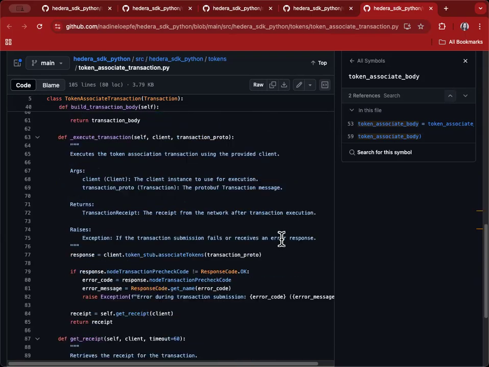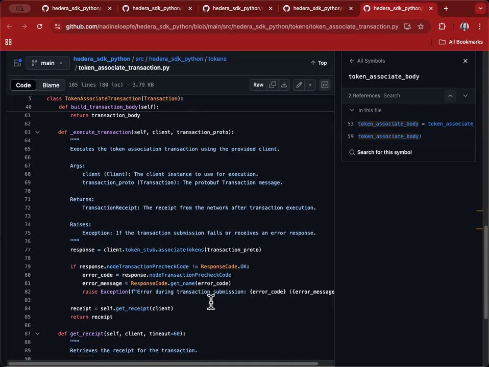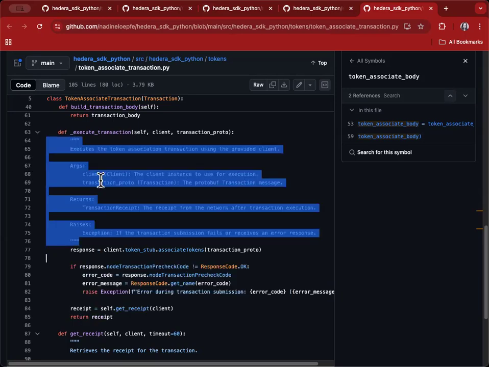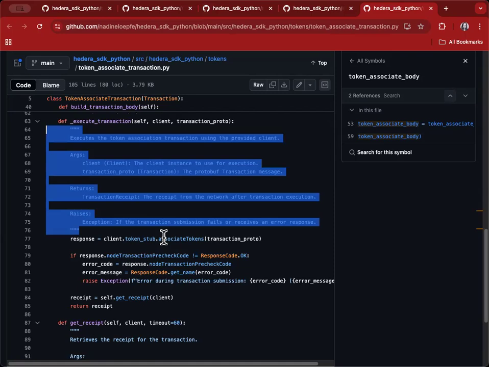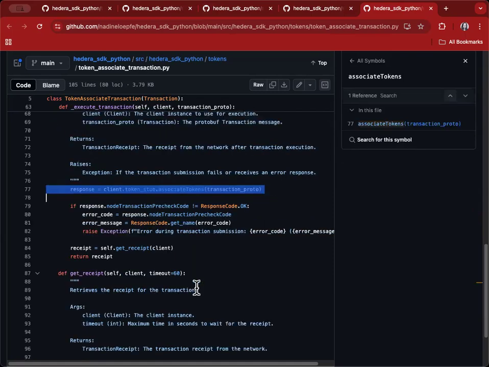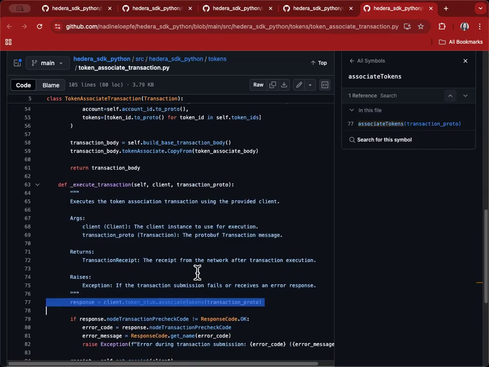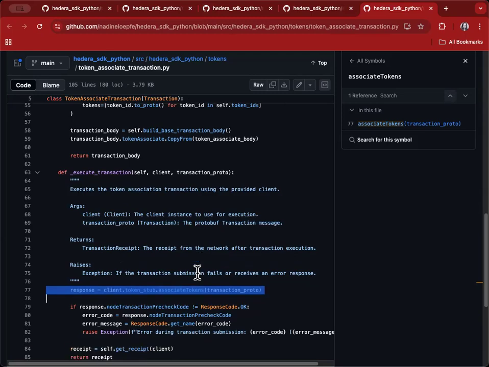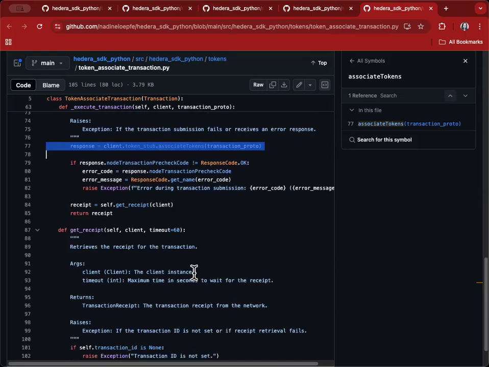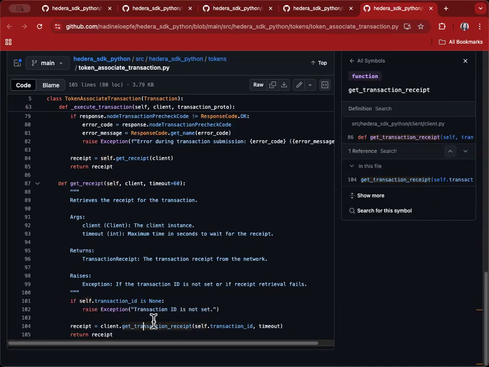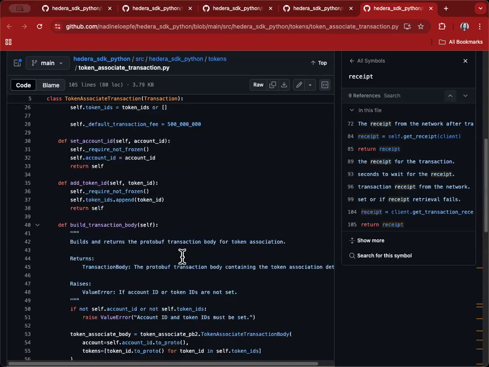And then when that's all set up, we then can execute the transaction. So we get the good or the error response. I think this looks really, really similar. The description has obviously changed, but no specific things required for this. I think we do need to sign things, but not in the transaction itself. We just sign the transaction later on, so it will be more in the use of token associate. You will need to sign it, but the transaction class does not. Then we're going to get the receipt and the error. So it's really, really similar, but you have to look at the protobuf,